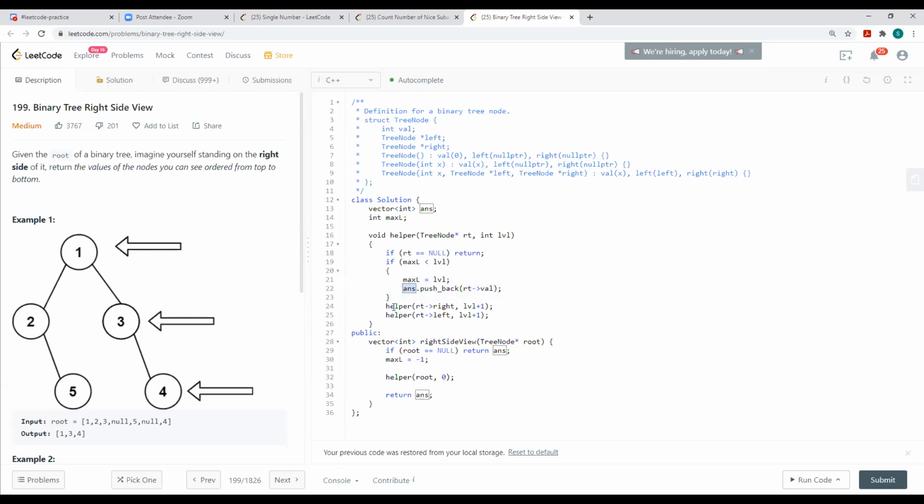Then I call the right subtree first and always increment my level. The same thing I do for the left subtree and increase my level to the next level. So this is also an easy way to do it. And if someone asks us for the left view, we just need to reverse the right and left in this case. Yeah, if you want to have a left view, that is one you can take care of. So this also looks okay.